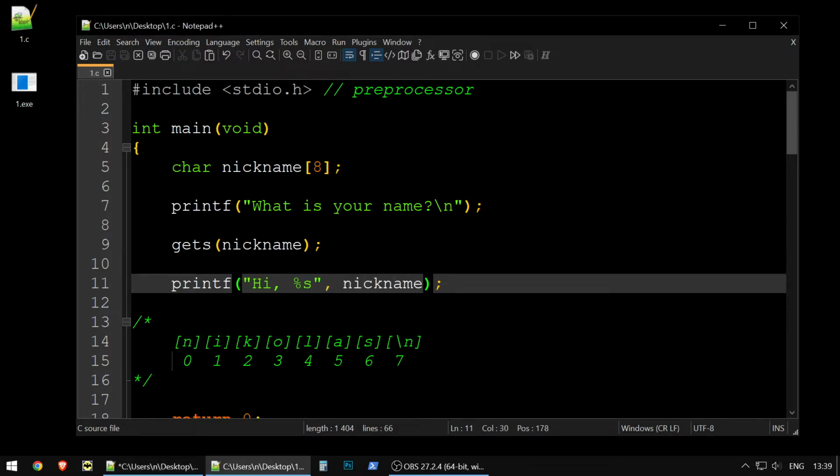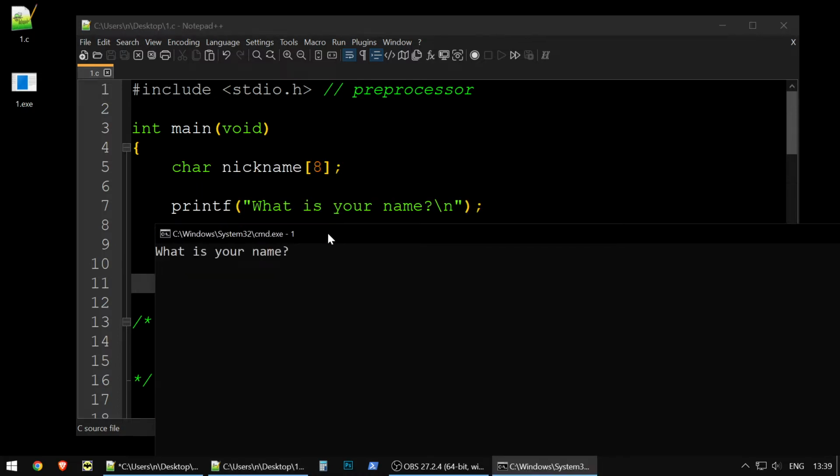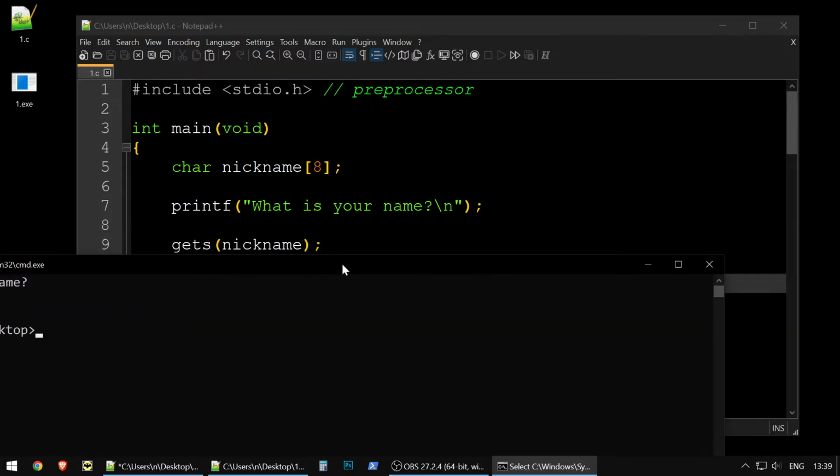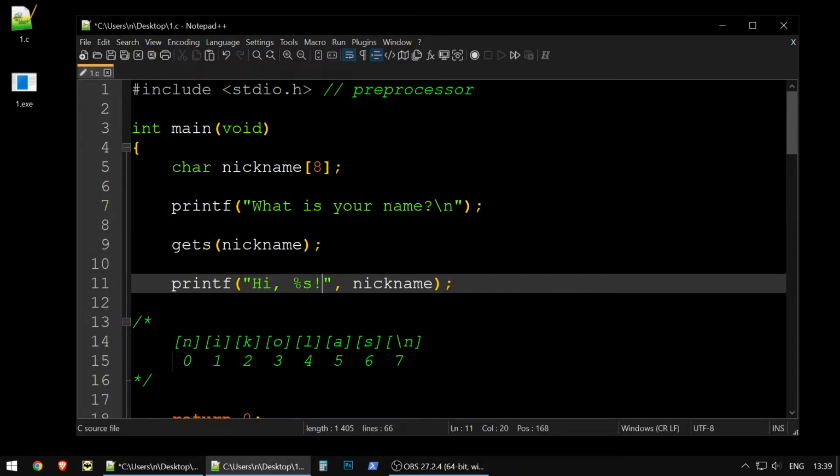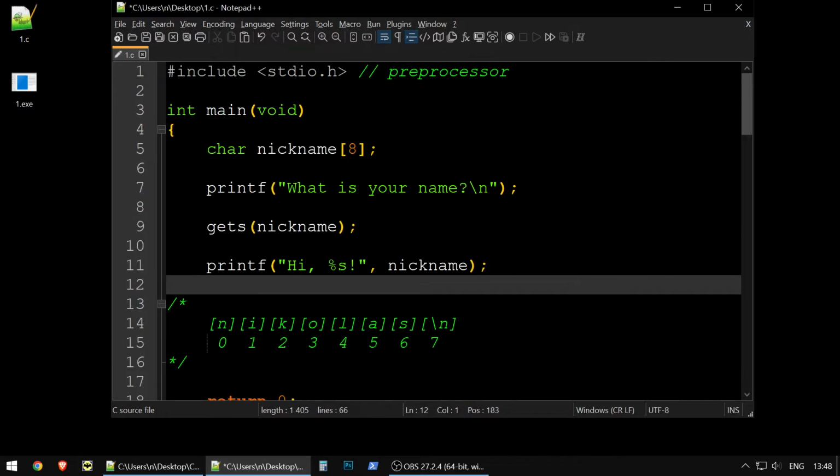So let's do it. Nickname. So we're printing hi nickname. Let's try. We will say what our name is. Our name is Nick, and it says hi Nick. That's great, it works. So let's even add an exclamation mark. Let's have some fun and